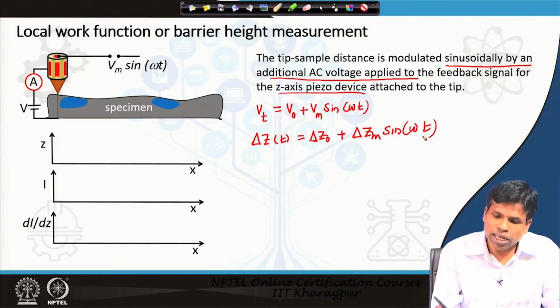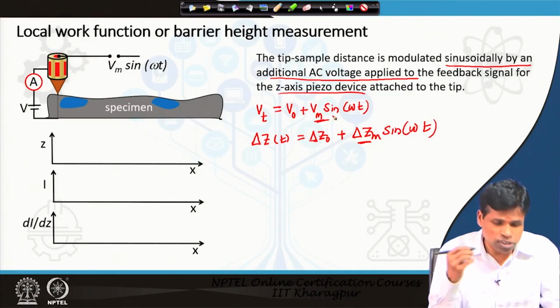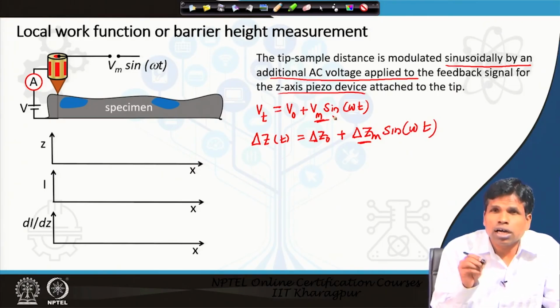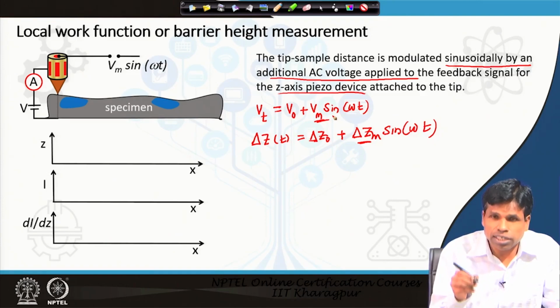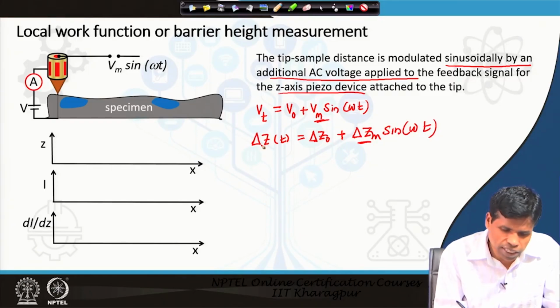This can be done. Here, this del zm and Vm are related to the piezoelectric coefficient. We have discussed the piezoelectric coefficient earlier, and I am not going to go through those things again. Accordingly, as the voltage is oscillating and the height, or del z, is changing, there will be an oscillating tunneling current,